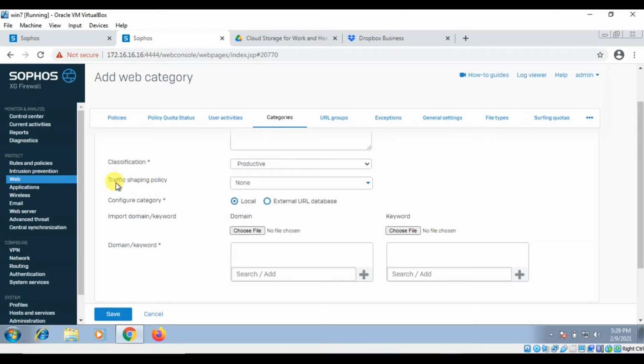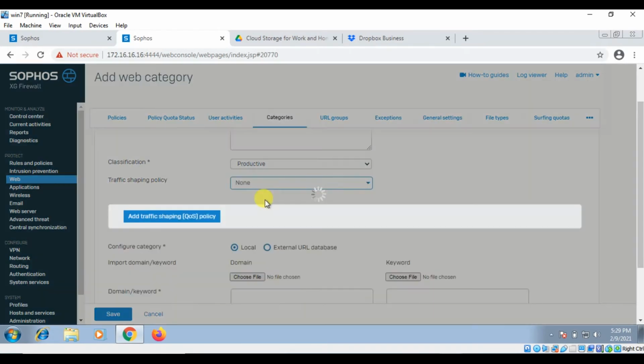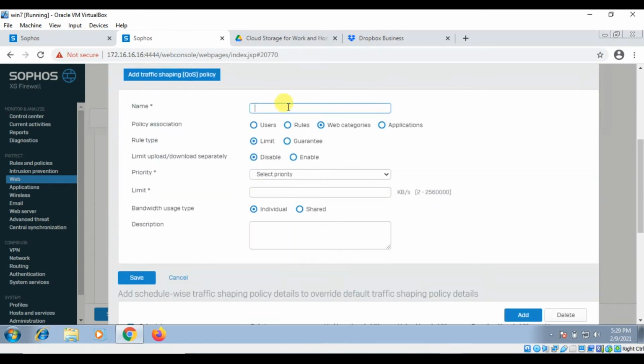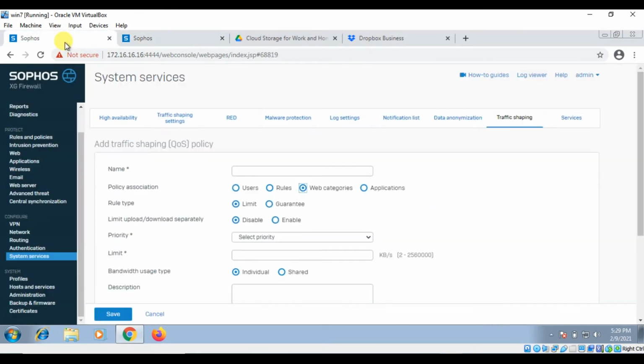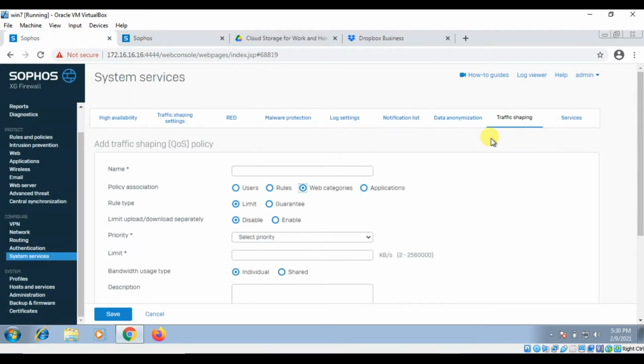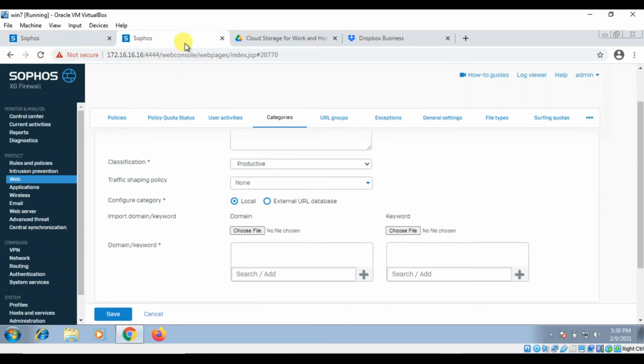Here you have the traffic shaping policy option. If you drop down and click on new, here you will find exactly the same options which are available over here. You can also create a traffic shaping policy from this page as well. And if you drop down, you will find your policy here. But right now, as the policy is not created, it's showing none.